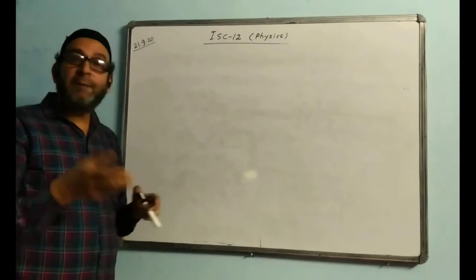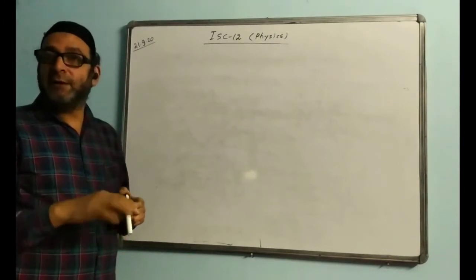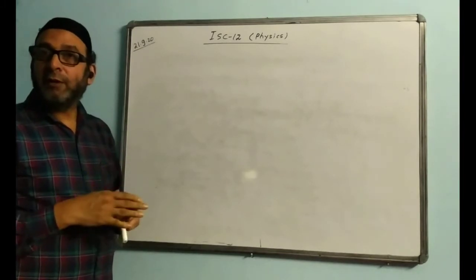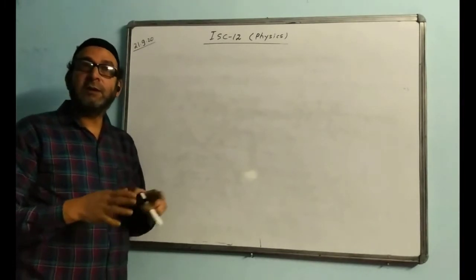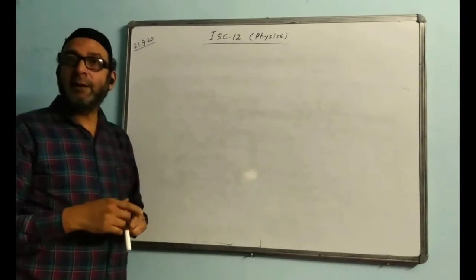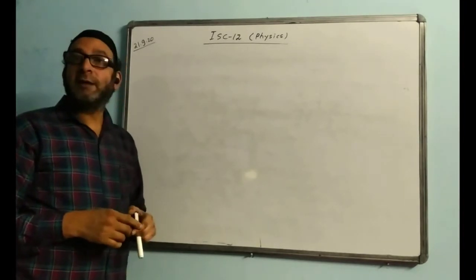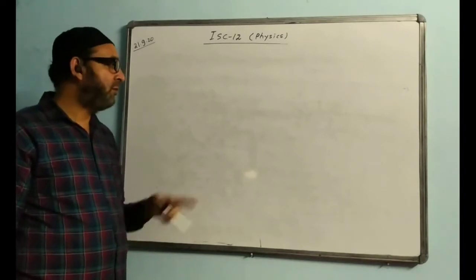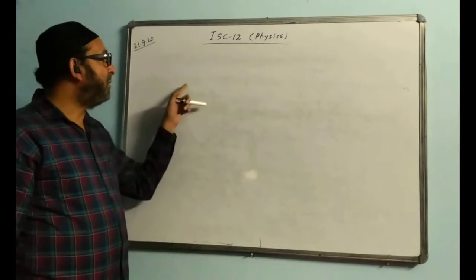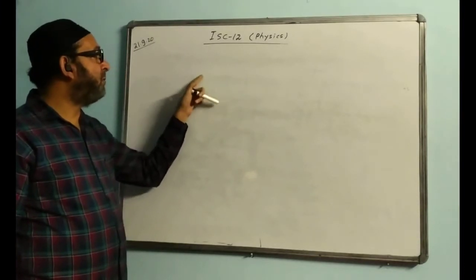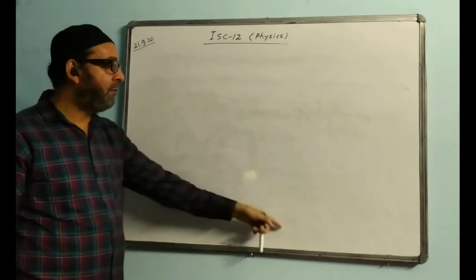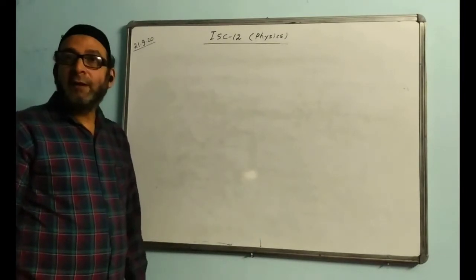This potential can be positive, it can be negative, it can even be zero. But electric field can never be negative because it is a vector quantity. Vector quantities are never negative. It will have some magnitude. It can be zero also, but it will never be negative. Whereas scalar quantities can be negative. Suppose the charge is minus q, the answer will come minus kq by r. If it is plus, it will come plus kq by r. That way it goes on.